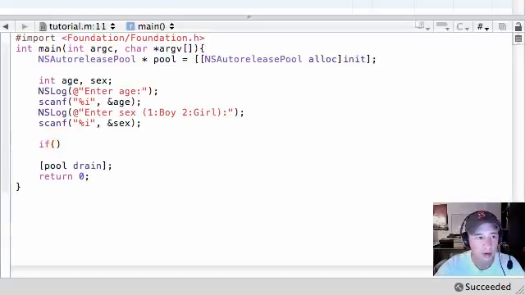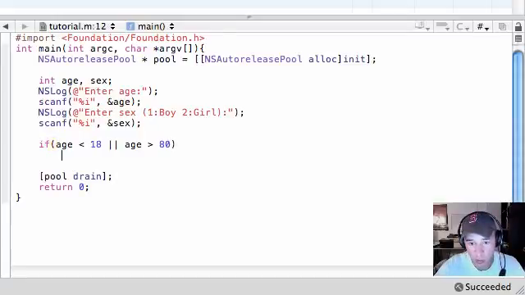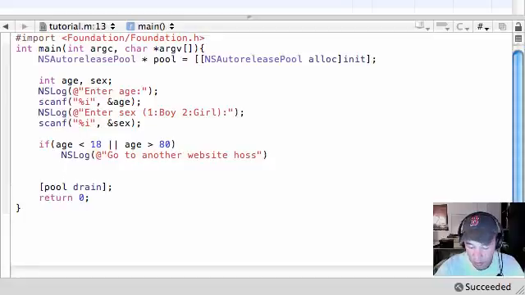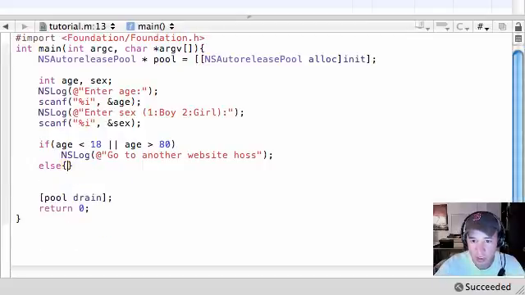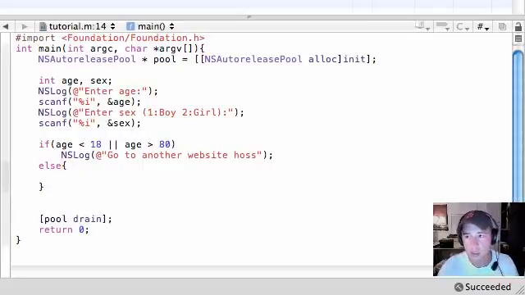We go ahead and write if age is less than 18 or age is greater than 80, then we don't want them on our website. I know it's mean, but NSLog go to another website, Haas, and forgot our semicolon, else, and what this else is going to be is, this is what a nested if